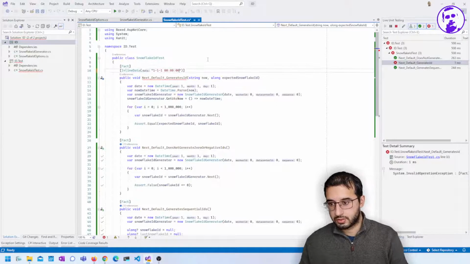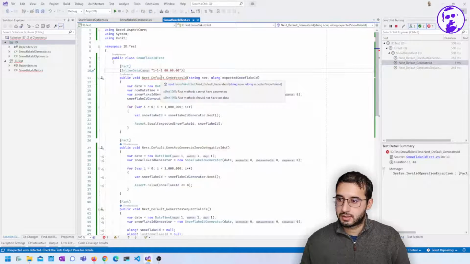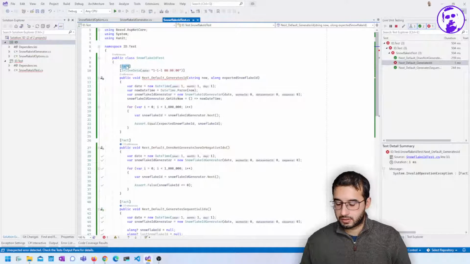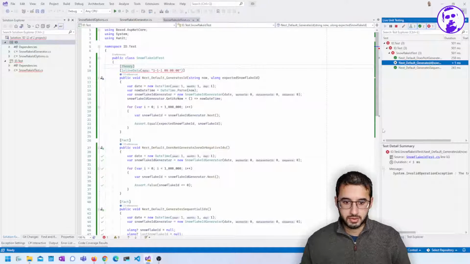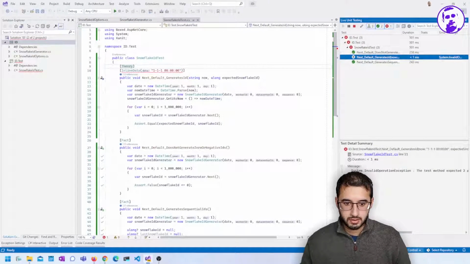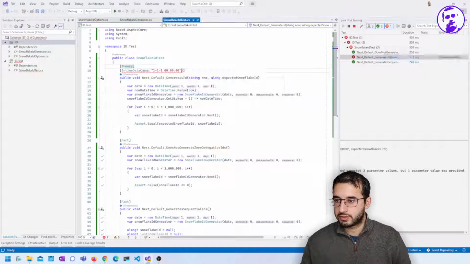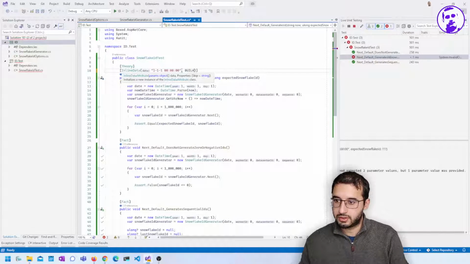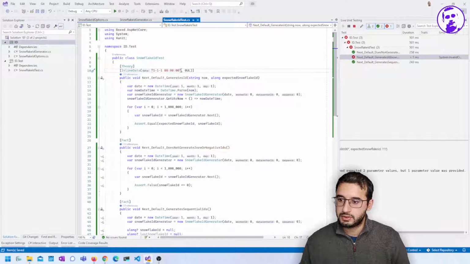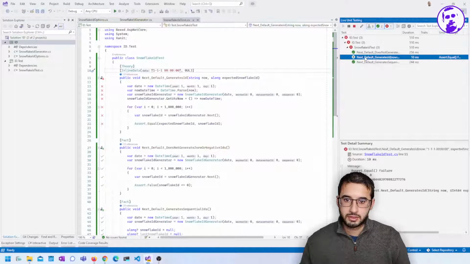Well, let's just do that. This needs to be a theory. Let's get some tests on here. The test method expected 2 parameters. Oh, of course. And we'll have 0 UL. There we go. We can finally